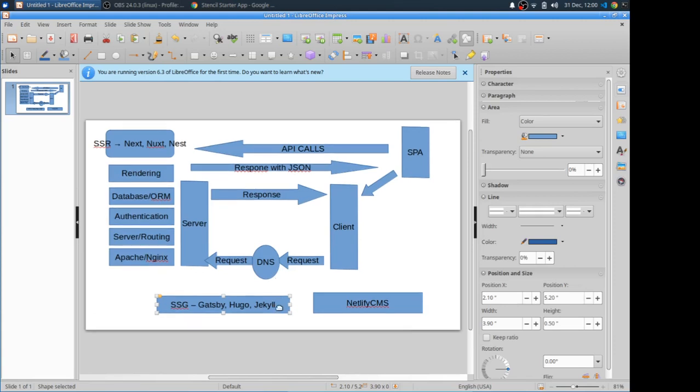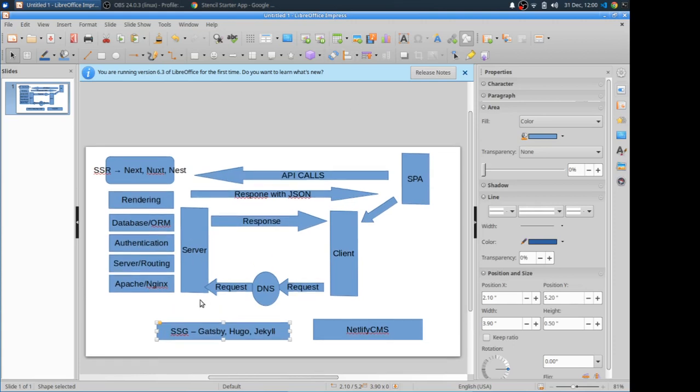And the benefit of that is you just add Markdown files. There's no need to call a separate database. So you would just add a separate Markdown file for every blog post you want. You would just recompile, regenerate the website and whatnot. So what Netlify CMS does, it can connect and create a backend for these Gatsby, Hugo, Jekyll, and other static site generators. It allows you to, in a visual way, kind of like you're working on WordPress, write a new blog post. It'll generate the Markdown file, regenerate the website for you, and then you just have this,